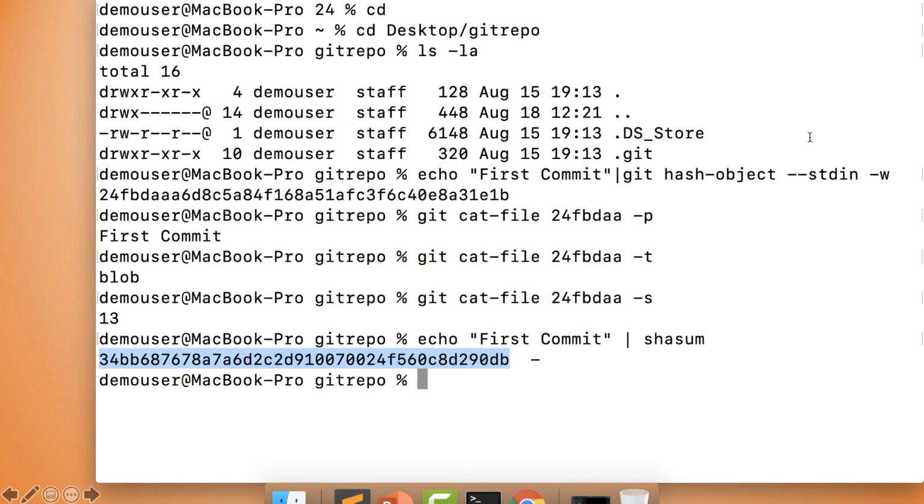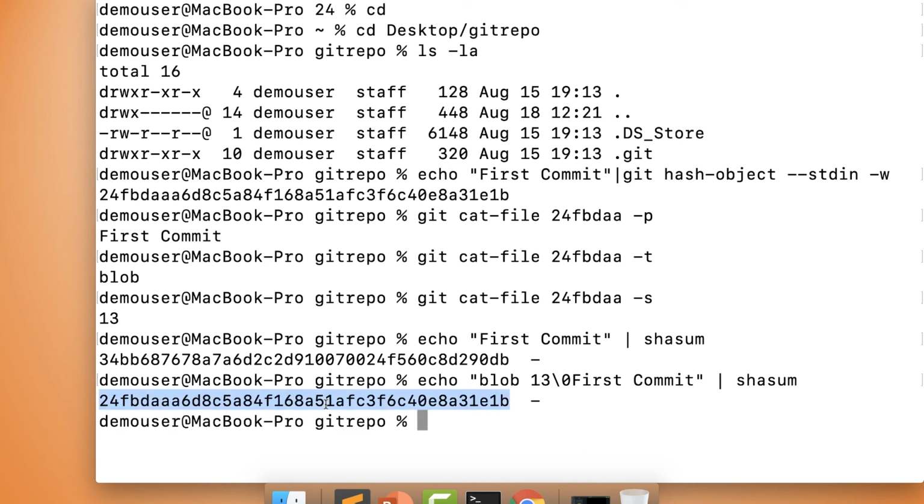I will use the same command, echo, then type blob. Blob is the type of object that we have seen, then a space, then we type the length. The length we know is 13 for the object we're trying to generate. Then we type a delimiter followed by the content, that is "first commit", and shasum.